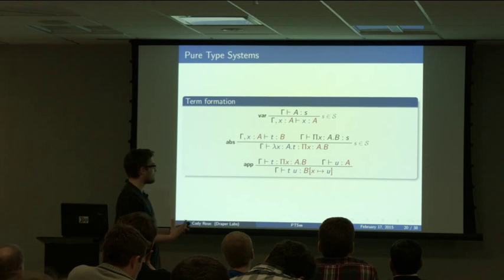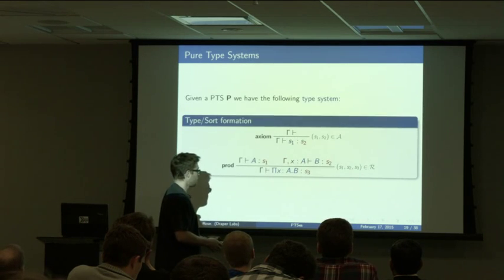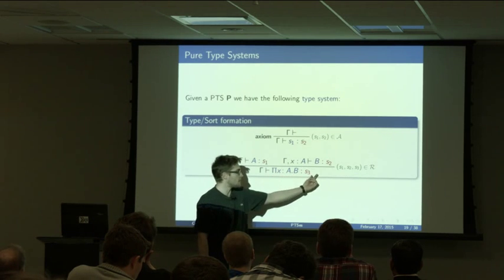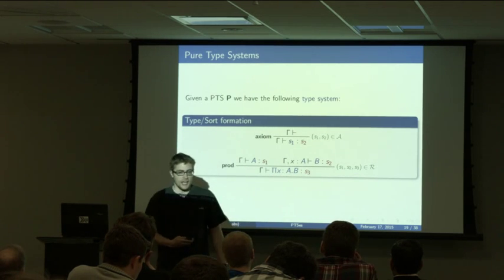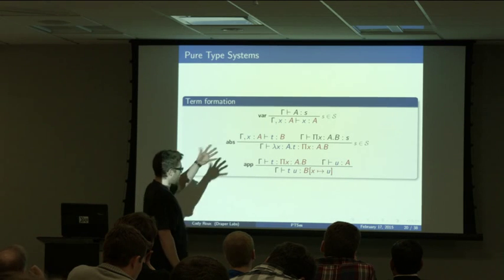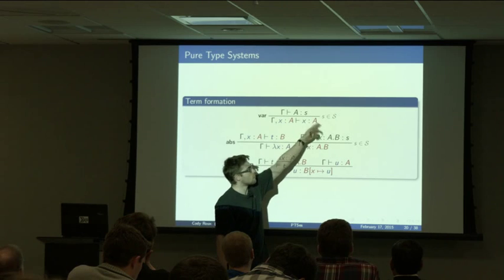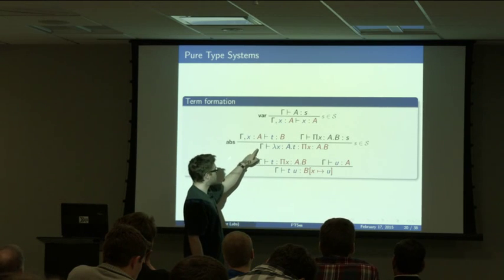So those are the types, and you notice that I'm giving, this is a type, and I'm giving it a type. So types have types, and programs also have types, and now I'm giving them. So if you assume that X is of type A, then of course X is of type A.